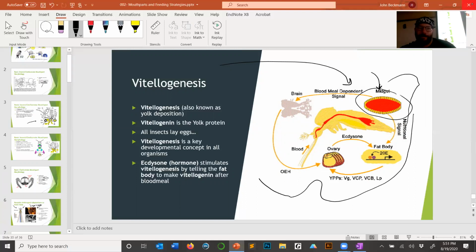So when they eat, they actually want to make the